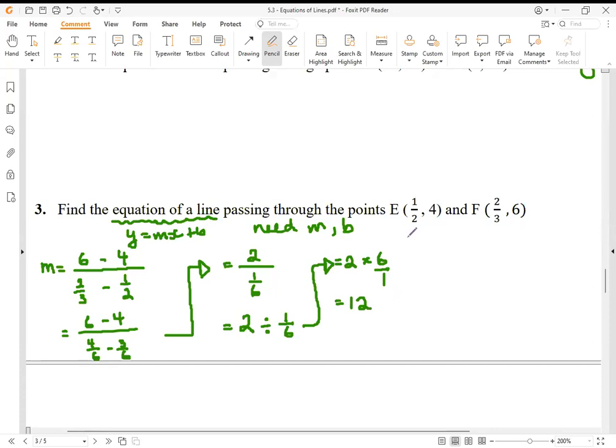Anyways, now I'm going to plug in. Fuzz, which point? This one? Okay. Y is equal to mx plus b. So that is 6 is equal to 24 over 3. That's going to be 8. So nice. Over b. And so b is